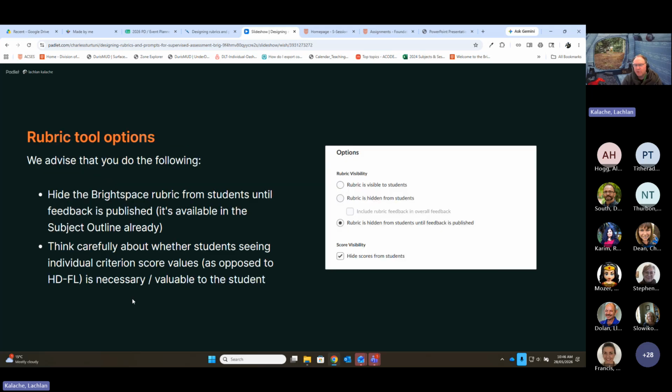We're going to have a look at the rubric tool itself when we look at the options for creating our rubrics. It has a couple of sections which overwhelmingly we would recommend you use in the same way. The first is that given that the students are provisioned with the rubric in the subject outline, they have it from week -2, you don't necessarily have to provide the Brightspace rubric attached to the assignment to the student up front. It makes more sense, arguably, that it's given to them as a part of their feedback when the marking